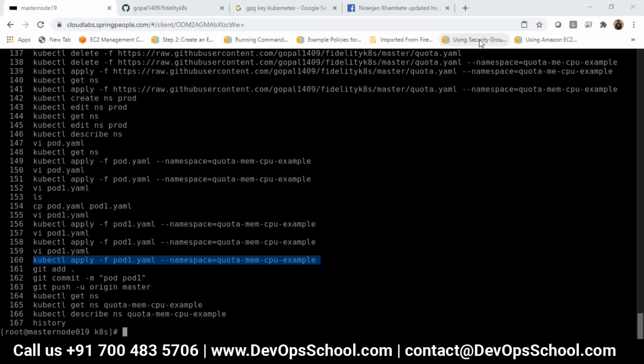I don't want one container to consume all the resources. So I also define a limit on the container also, that any container should not use more than 1 core processor and 1 GB of RAM.